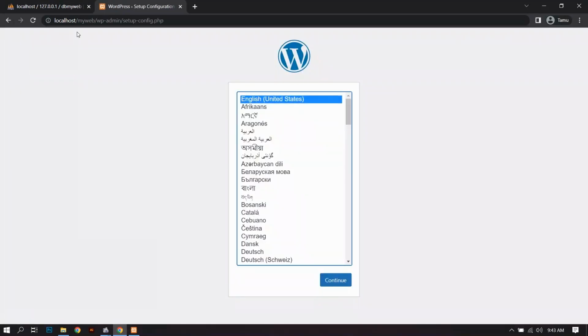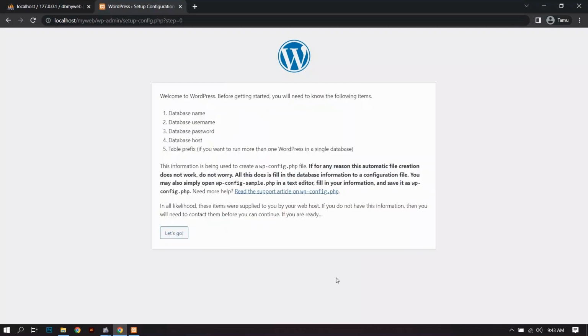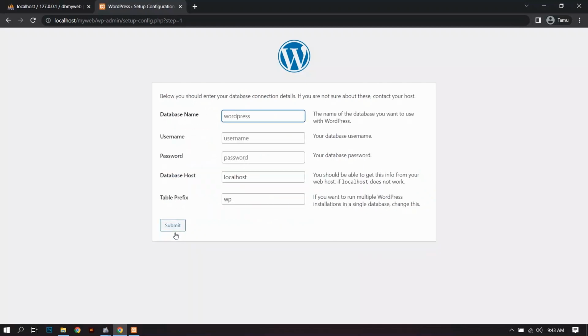Select language. Continue. Fill in the database name with the database that was created.